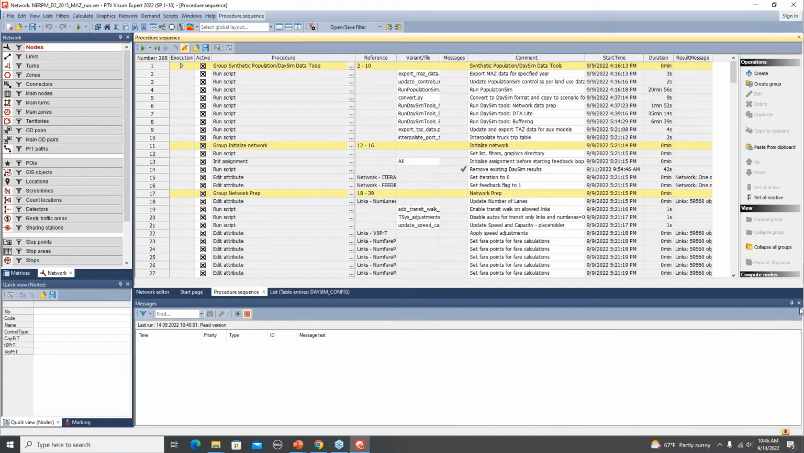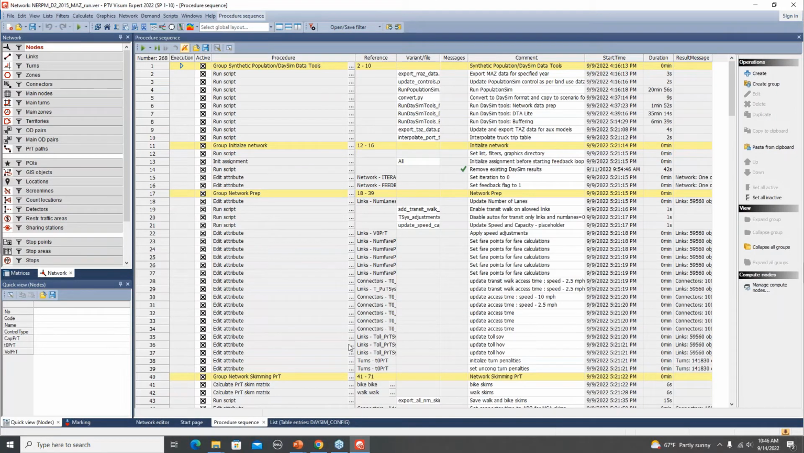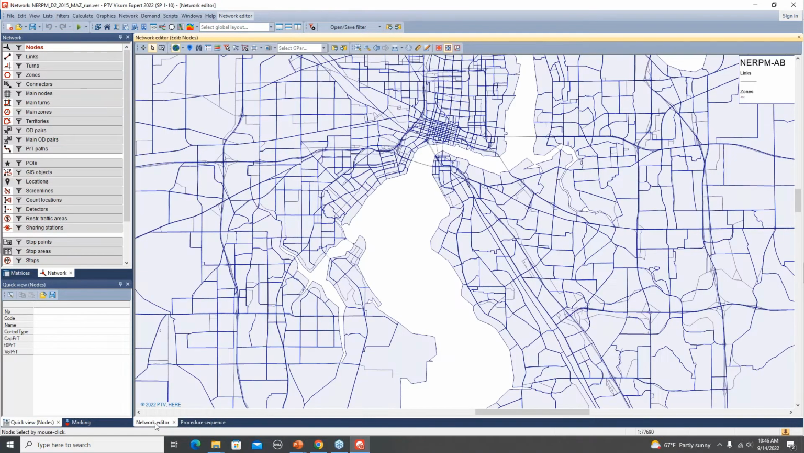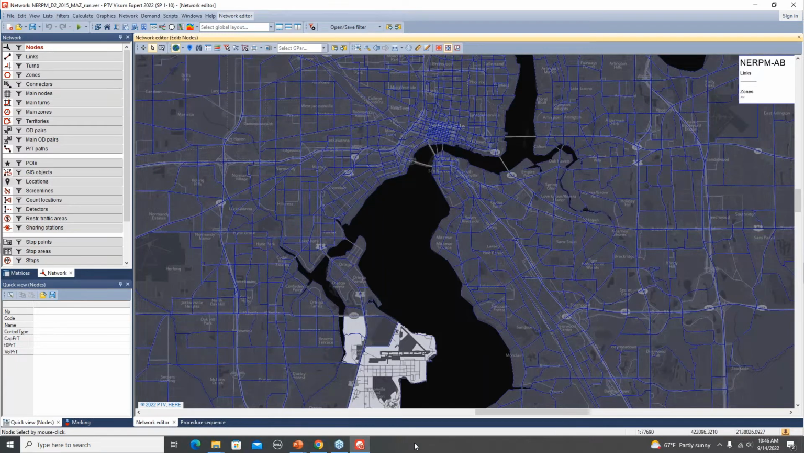All right, so let me quickly close this messages tab because we don't need it right now. And let me also close these two windows. All right, so